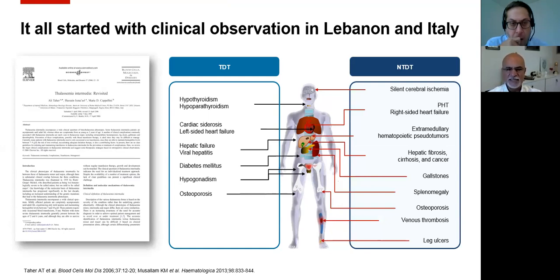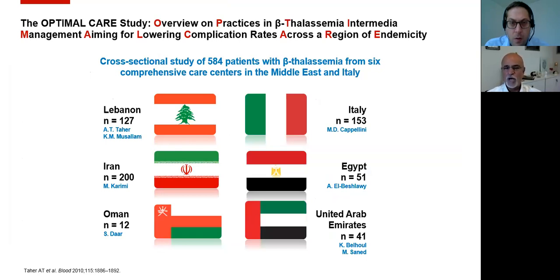However, in NTDT, we noticed that we had leg ulcers, for example, we had thrombotic events, extramedullary hematopoiesis, pulmonary hypertension, hepatocellular carcinoma, silent brain infarcts. But this was all from an observational study on very few patients from Milan and from Beirut. This is why we thought that we need to do a cross-sectional study that included a larger number of patients,